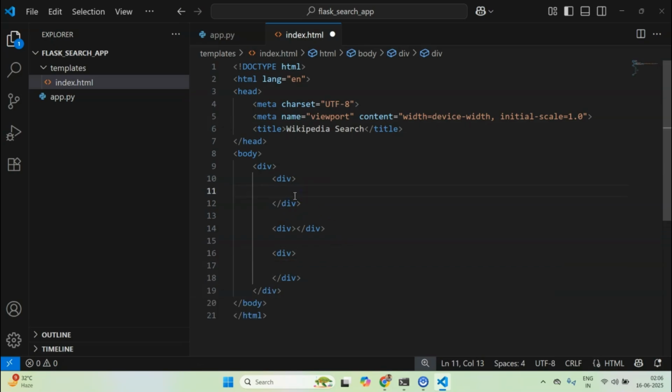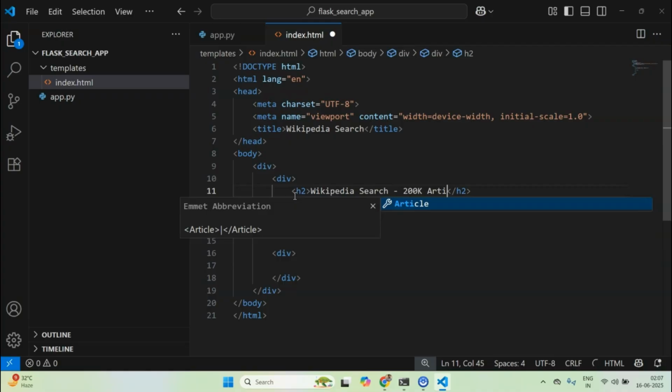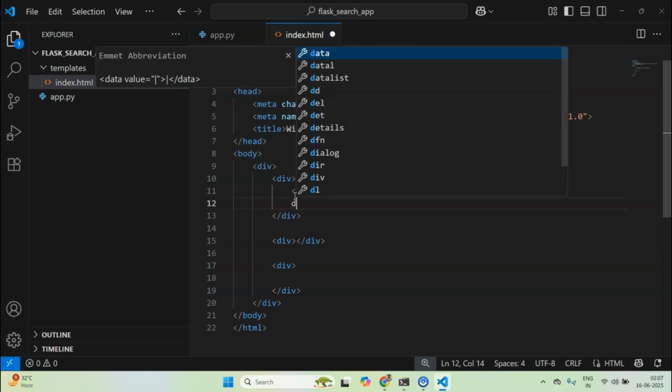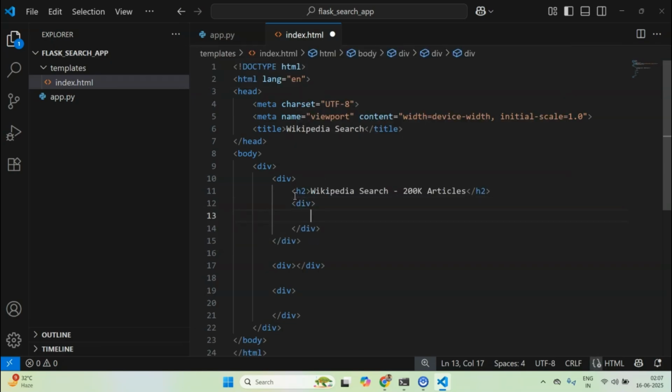So the first top level div will be holding my h2, that is the title name, which is going to be Wikipedia search, maybe on 200k articles. Okay, so this will be h2, and then this top div will also hold one input, and this input will be inside another div.